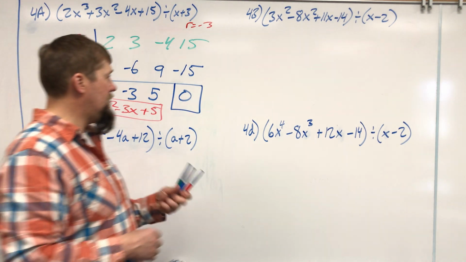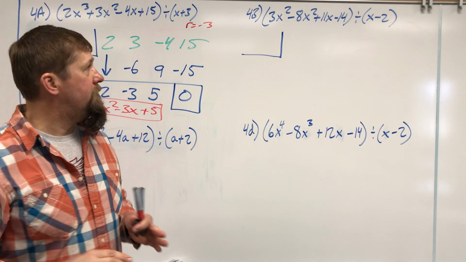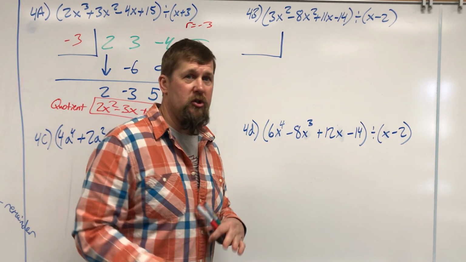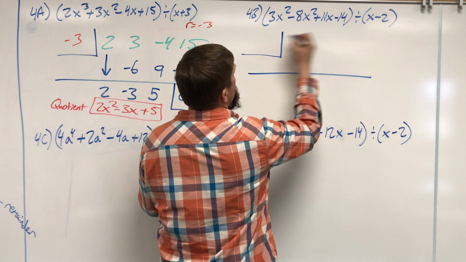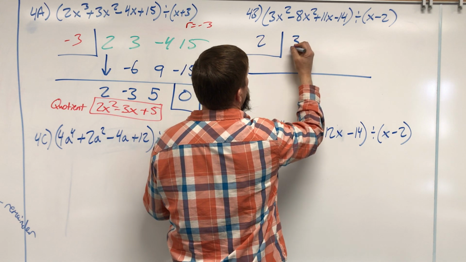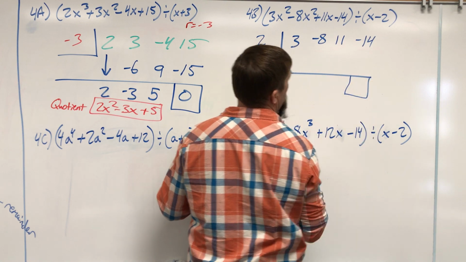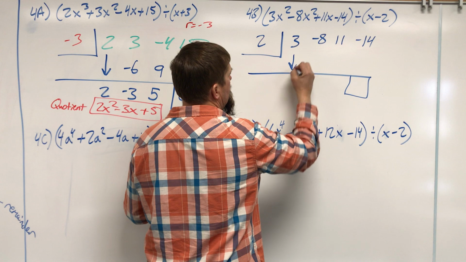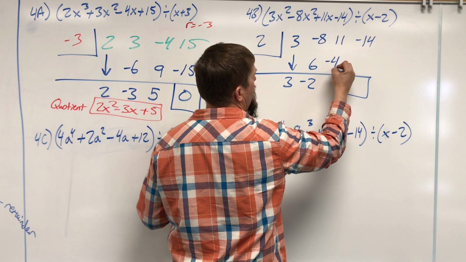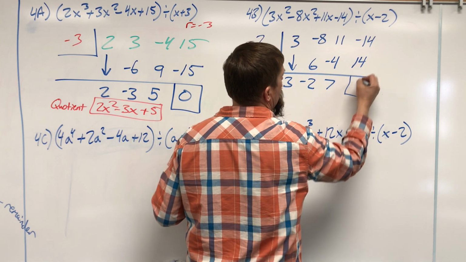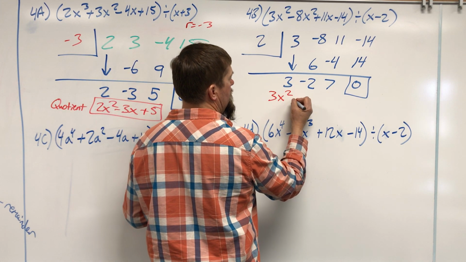Okay, let's go over to B. We'll just keep doing the same process. Again, stop the video right now if you want to try this one and see if you can do it, and then I'm going to show it to you so you can see if you're right. Positive 2, 3, negative 8, 11, negative 14, remainder. 3, 6, add, negative 2, negative 4, 7, 14, remainder of 0, and my quotient is 3x squared minus 2x